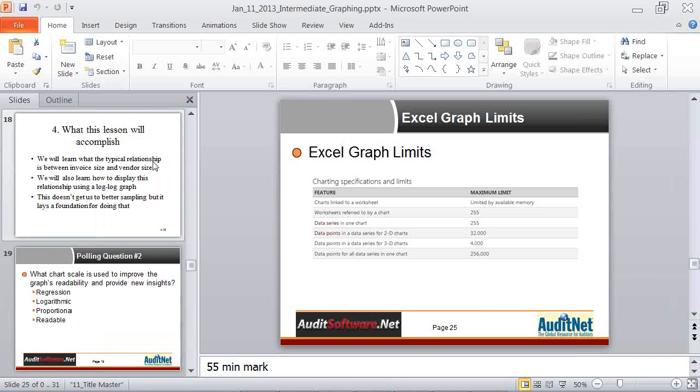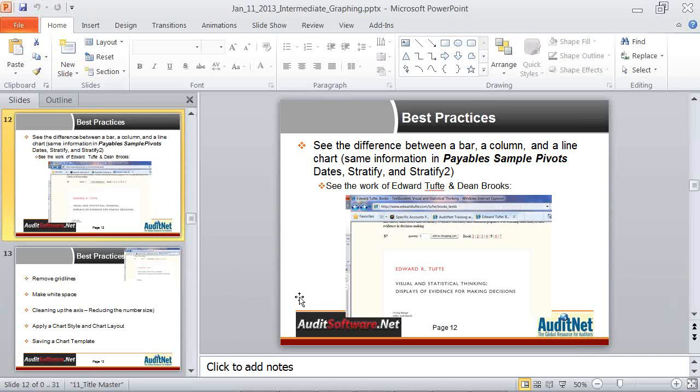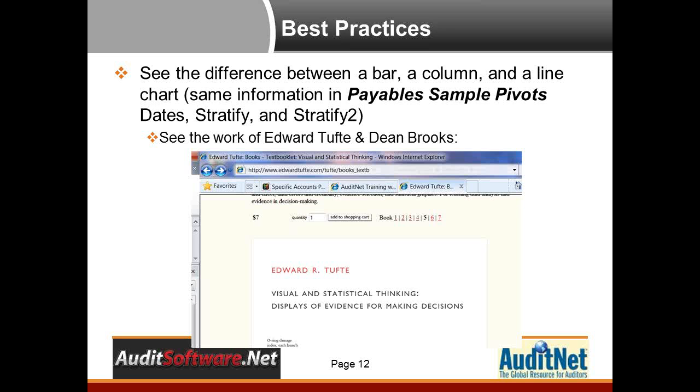And with that, I'm going back in my slides here, back to a point. I wanted to close on this because I thought it was an interesting topic. We're going to go around a little on the web and take a look at a variety of different graph types. Dean Brooks's log discussion hopefully was interesting, and listening to the video should help as well. But Edward Tufte has a website, and I tried to copy the link into that page so you can see it.